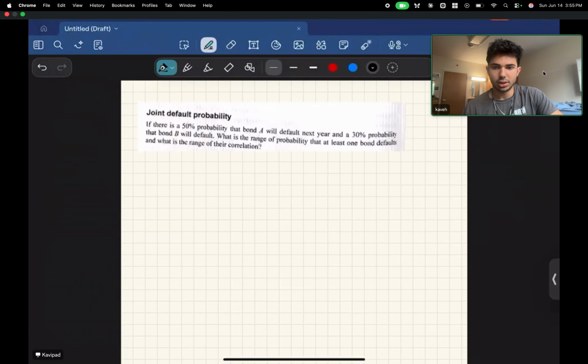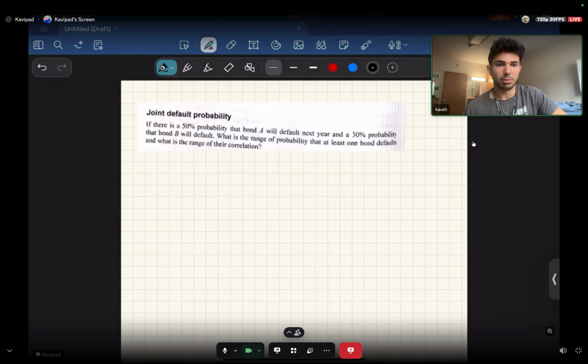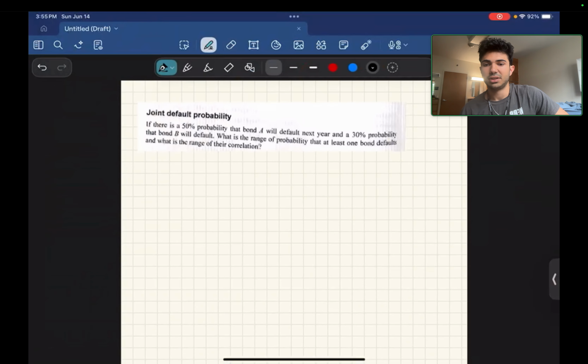This question is called joint default probability. It says if there is a 50% probability that bond A will default next year and a 30% probability that bond B will default, what is the range of probability that at least one bond defaults, and what is the range of the correlation? So when it says at least one bond will default,